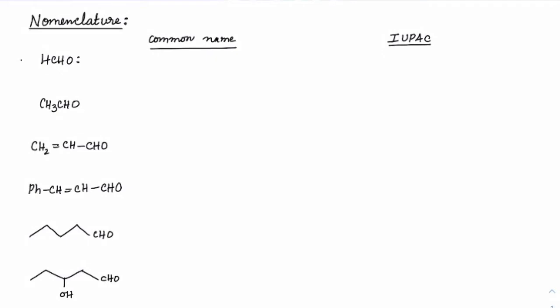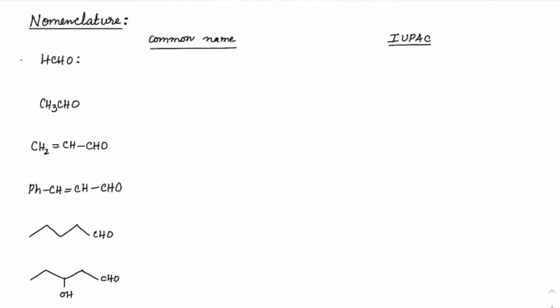So in aldehydes and ketones, we have a lot of preparation reactions. Most of them are repetitive ones. First, we will start with nomenclature. Mostly, we will try to revise the common names. IUPAC name writing is relatively easier, but we usually forget what the common names are for most of these compounds. So, we will just revise the common names. You can fill in the IUPAC names later on.